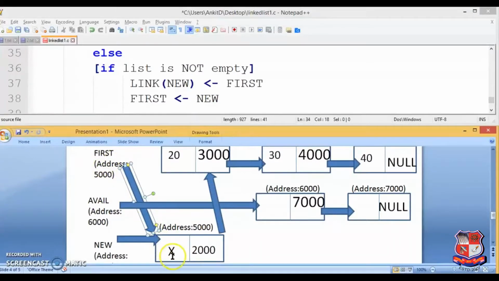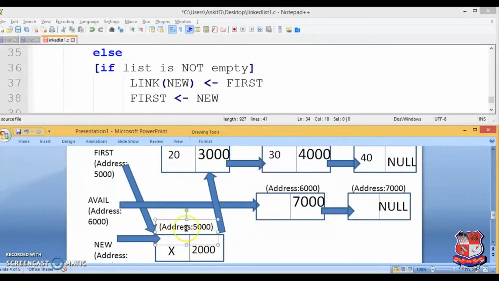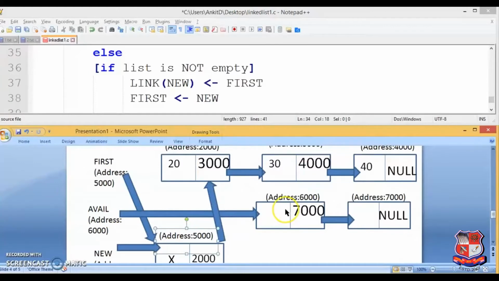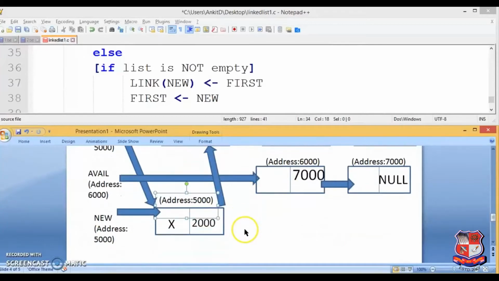So this first is now pointing to x, and this x is now pointing to this. Ultimately this node has come over here and has been removed from there. Now you can assume that this node is positioned over here. First is going to x, and x is at address 5000, and that is going to address 2000, your earlier first node, and then 3000, 4000, and then null. So again, with one more insert operation, this 7000 will come before 5000. In this way it works.